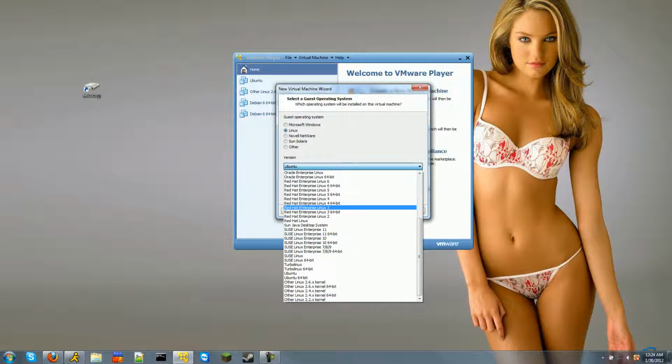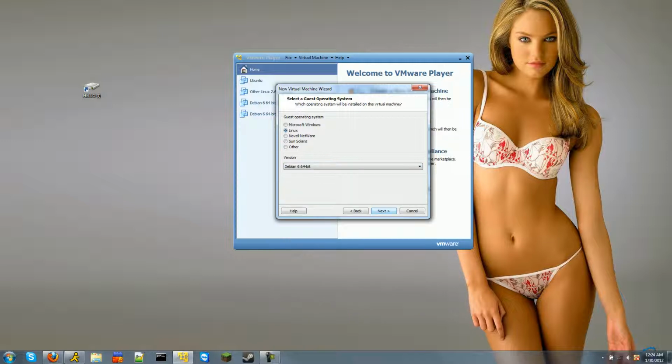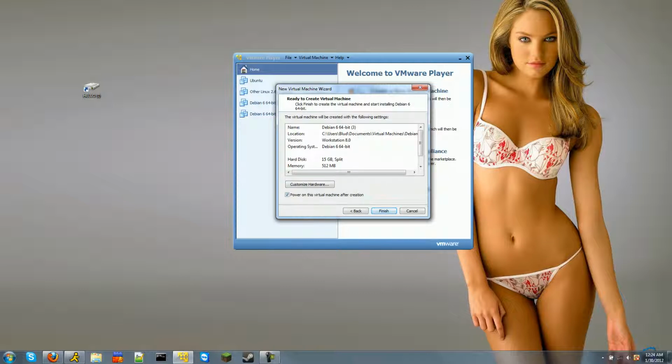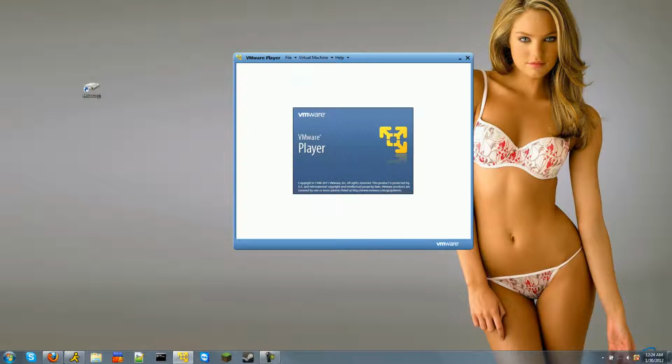We're going to open up this and scroll up, and we're going to pick Debian 64-bit. Now you may have the 32-bit, so it's alright. Mine's number 3 because I already have one or two other ones. Just click next, and there we go. Now it does have a 512 megabyte memory default, which is a little slow, so you might want to change that. And all you do to change that is you want to